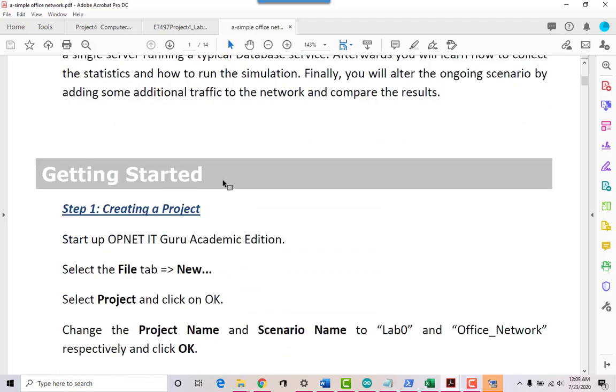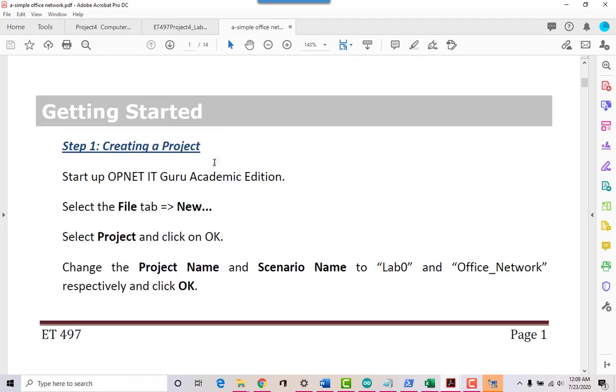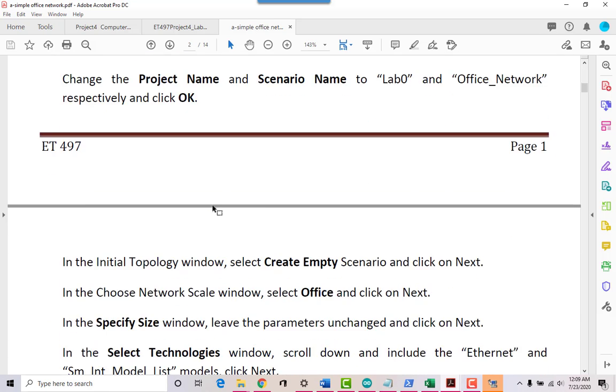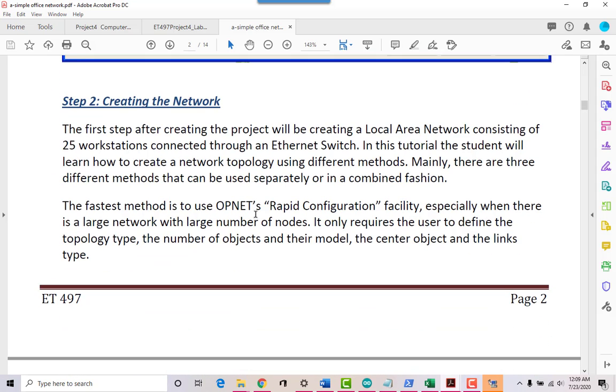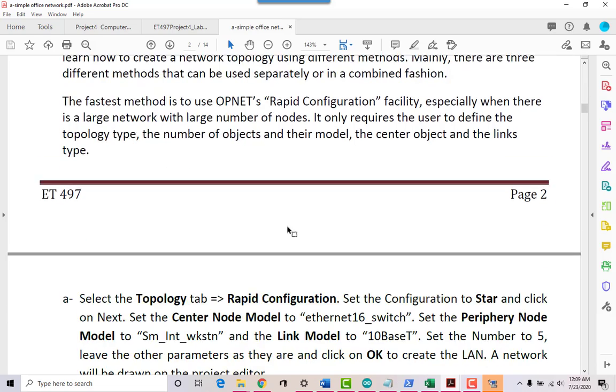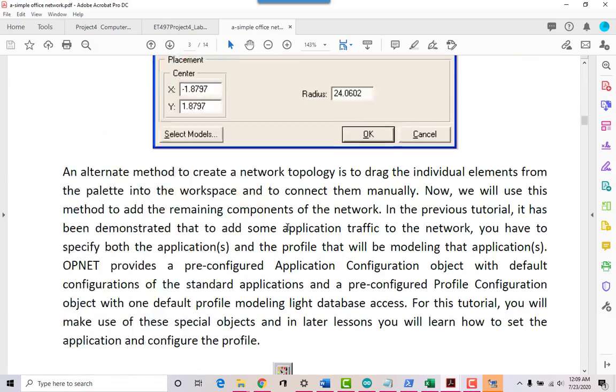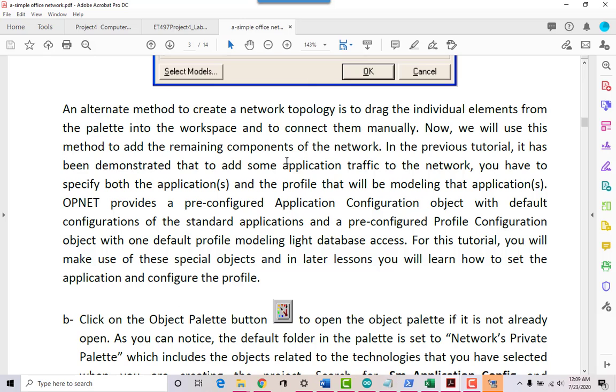There's a lot here. This one has 14 pages, and it takes you step by step on what you need to do. In this case, you're going to be creating a local area network that's going to have 25 workstations, for example. It's going to be connected through a switch, and you'll have to set up some settings.